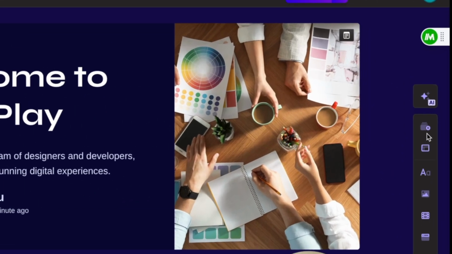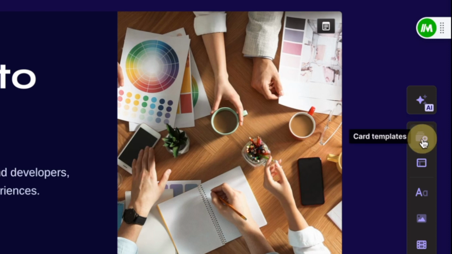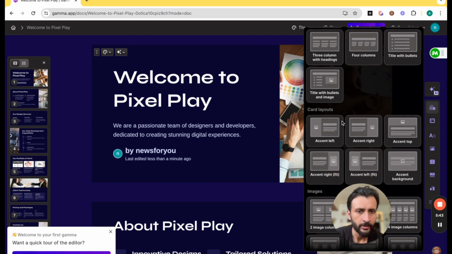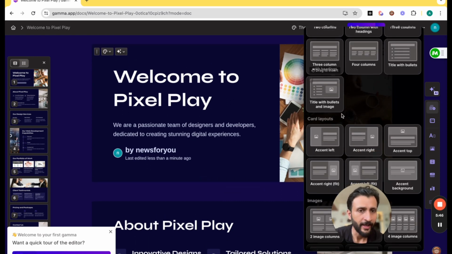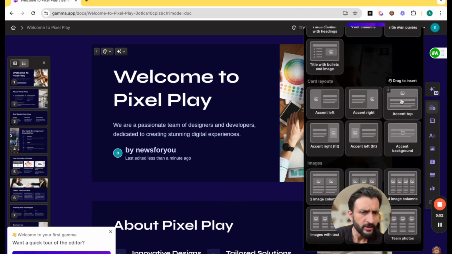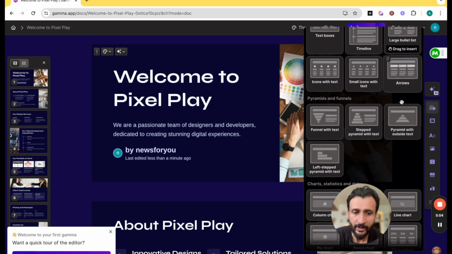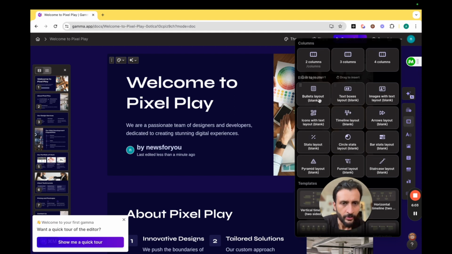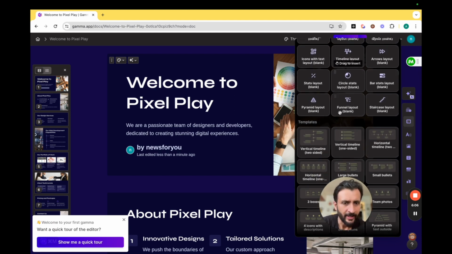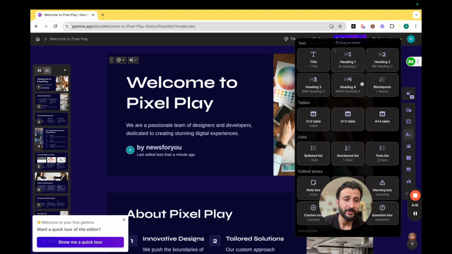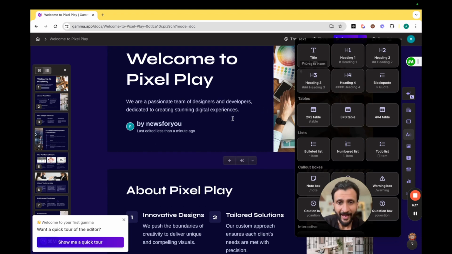If you come here on the right, you have various editing options. Let's click on this. So here you have all these card templates or pages if you might want to call them. So in between these pages, if you would like to add these additional pages, you can simply drag and insert them here. And all these various layouts are available, which are absolutely professional grade. Let's see the next option. They also have a smart layout where you can add bullet layouts, icon with texts, pyramid layouts, 4x4 boxes, 3 boxes, absolutely amazing. You can also add basic blocks if you just want a title, heading. You can just simply drag and put them anywhere you like.